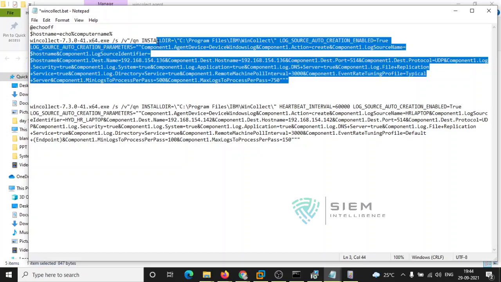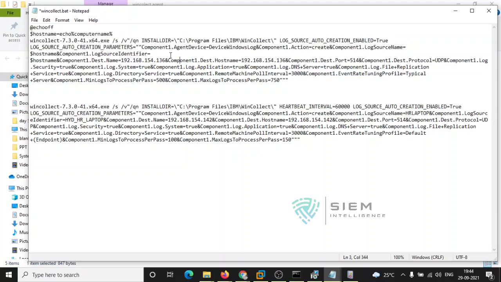With this I can push this entire installation through SCCM, through group policy. There is a methodology to send this over the network. I can kickstart, I can place it in some shared location, and I can run this file in every place. If it is continuously picking, then it is automatically installed in every place of your organization, wherever you want to install. You just place this file and run it. It will automatically pick that particular location, everything. So this is one methodology to set up a batch file and install on multiple systems with a single click.